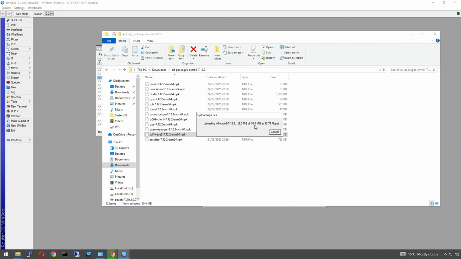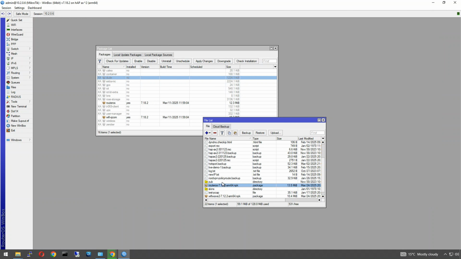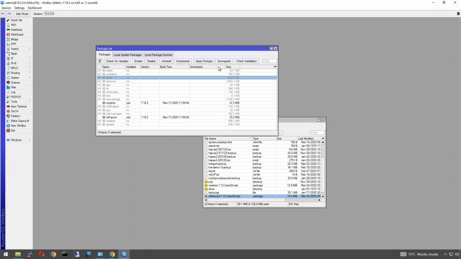It's a much smaller file, only 10 meg. Okay, and now you can see both my Wave 2 and RouterOS are in there. So you do that for any other package. So say we're using User Manager or the Dude or something like that, you would then just do the same thing to make sure you've got all the ones in here. Now under the package manager, now we literally just